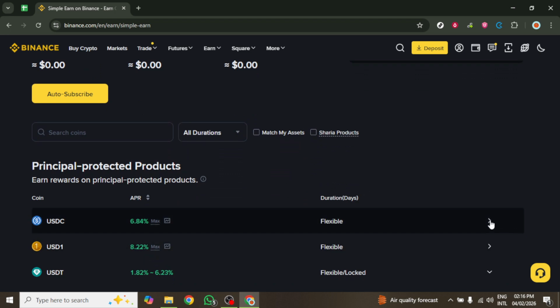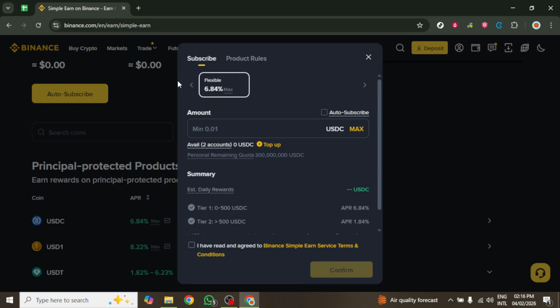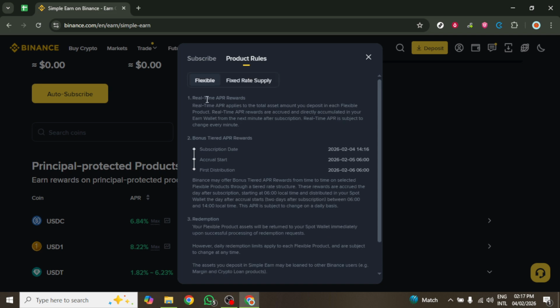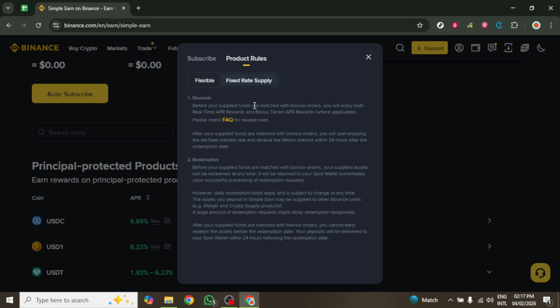Next, select a savings product that aligns with your desired duration and annual percentage yield, also known as APY. Choose the cryptocurrency you wish to deposit, and enter the amount you want to invest. It is crucial to review the interest calculation rules carefully to understand how your earnings will be generated. Confirm the subscription terms before finalizing your selection. Opting for locked products can yield higher returns, making it an attractive choice for those willing to commit their funds